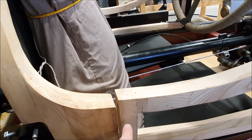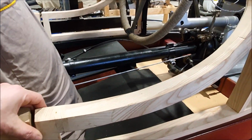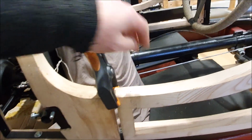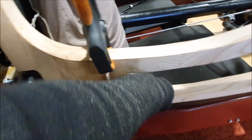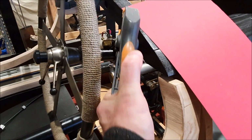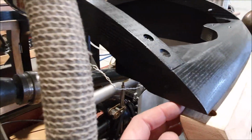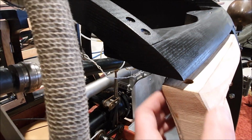One is put extra timber on the outside here, but it may actually be easier for me to have the door correct here, where the fit's actually not bad, although that bottom is still not quite right. And it would mean taking some off here, but then that makes this part of the door thinner, which I don't really want. So